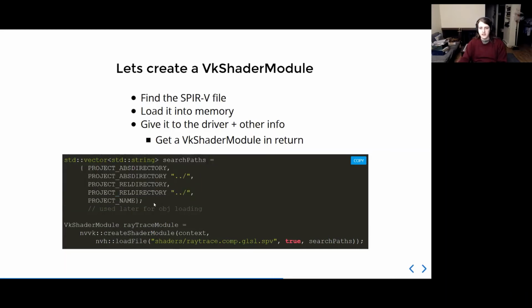So this is really just a whole bunch of places we might look for data. It's nice to have it search multiple places so you don't have to wonder, do I put it in this folder or do I put it in the parent or in that folder? And so it's just convenience. And there's another NVVK